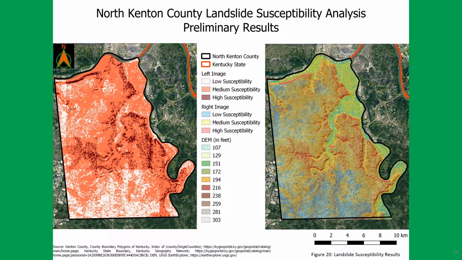The reason is I couldn't choose which symbology scheme I liked the best. The map to the left, in my opinion, shows more strikingly to the eye where dark red areas are more prone to landslides. Notice that these areas are where elevation drops suddenly from high to low. You can see a lot of the medium susceptibility areas are located from the center of Northern Kenton County to